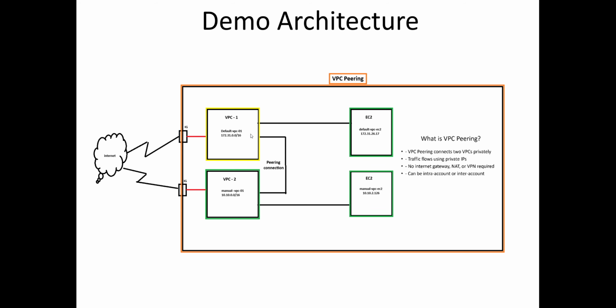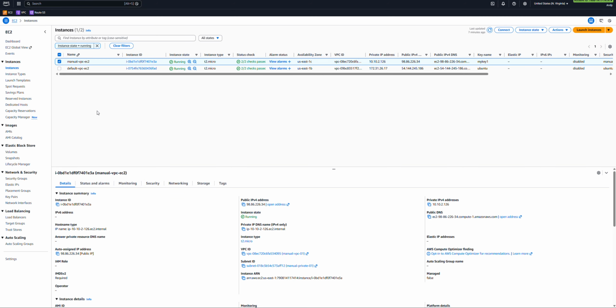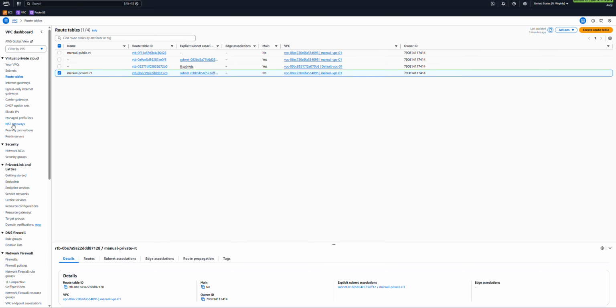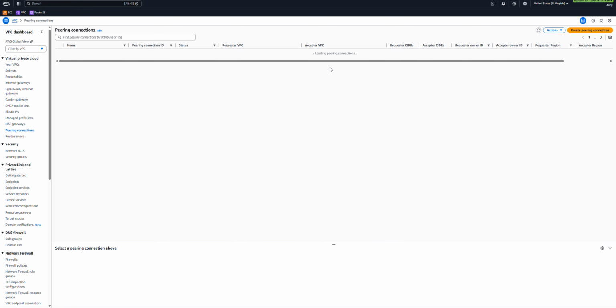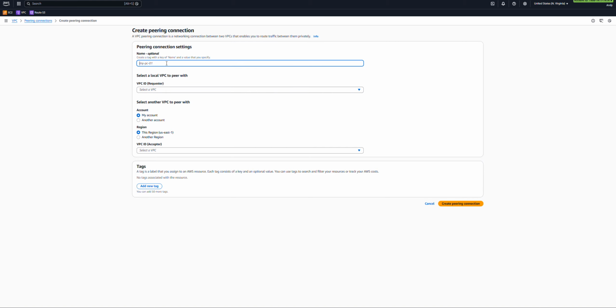Now coming back to our image, we have to create a VPC connection. So how to create that? Let's dive into it. It's a very simple process. We go in the VPC section, we click on peering connections. Now we can see that we had one which I deleted. Now we have to create one. So let's say